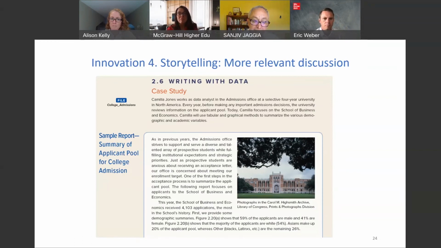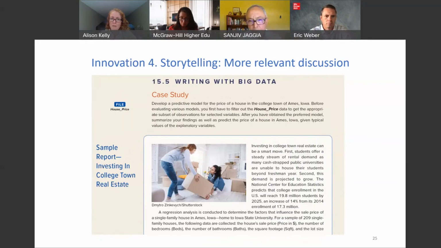Here, we are asking them to write a report, which is a little longer than a synopsis. It's more like a page and a half to 2 pages of explaining. So this is an example where you had to summarize data for a pool of college students. Some of them are men, some of them are women, some of them are Asian, some of them are white. You have some of them come from this background. So how are you able to use simple graphs to get a sense of what kind of an applicant pool this particular college has, and then you write a report. What you're seeing on this slide is just a portion of that report.